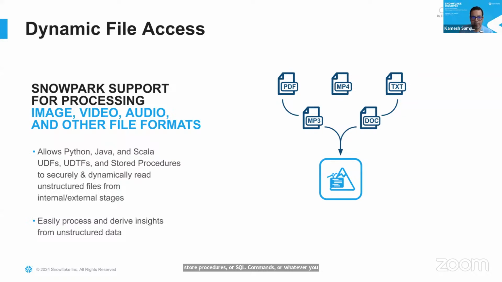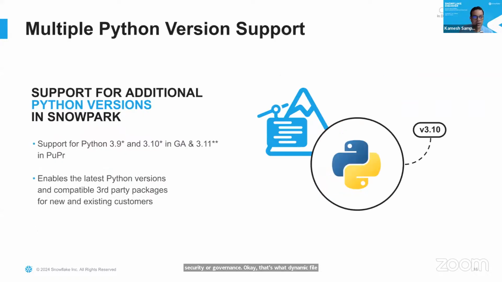It's again a set of file APIs that you can find within Snowpark that helps you do this. All right, next, multiple Python versions. This is another important feature. Most people who use Python on the cloud want multiple versions, so that you have backward compatibility and forward compatibility. You can do testing with the new APIs to see that everything works perfectly fine. All of this is done from within your sandbox. As I told you, I'm going to show you this hands-on right within the Snowflake console, so you're not going to go anywhere beyond this.